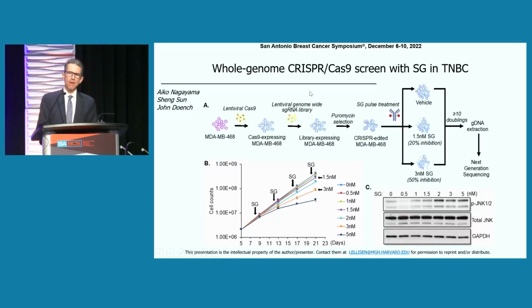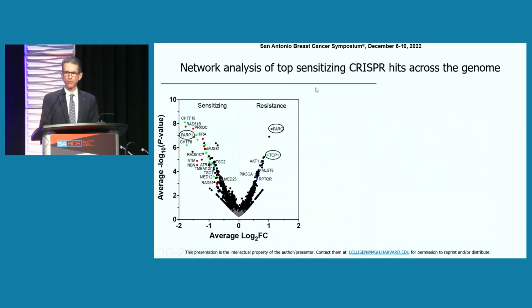For example, Michael Basik's lab at Stanford has done beautiful work doing systematic CRISPR screens to show how different linkers require different steps in endolysosomal and lysosomal processing in order to release payload, and his work has articulated that very well. We did a study using SG in triple-negative breast cancer cells in a genome-wide CRISPR screen in collaboration with the Broad Institute. And this is what they call the volcano plot of the entire genome-wide CRISPR screen.